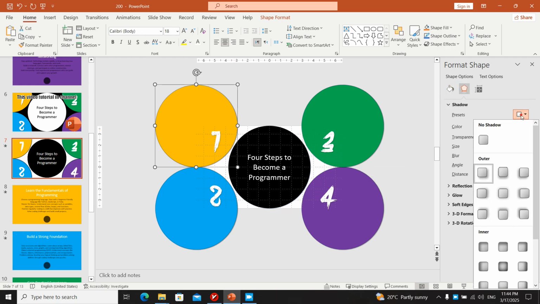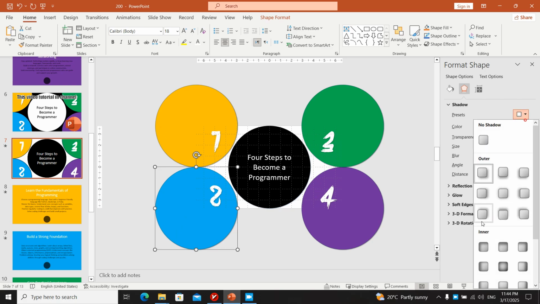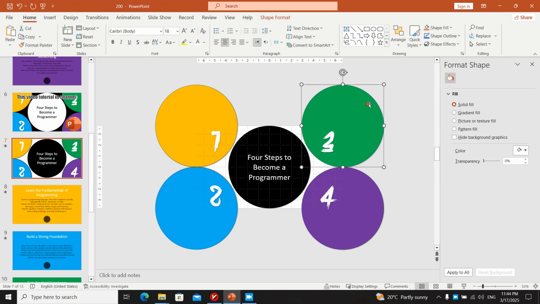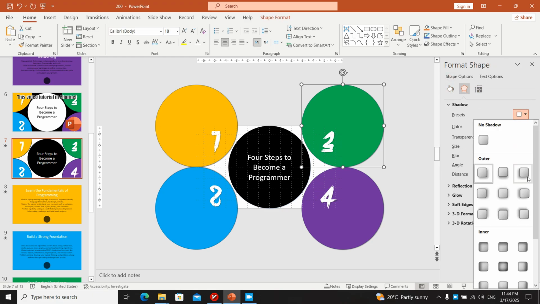Let's go to shadows. We are going to write, let's say right down, top left, right, bottom right. Okay, we are going to use bottom up for this. Bottom up, we are going to use the shadow, this shadow, and we are going to use this shadow for